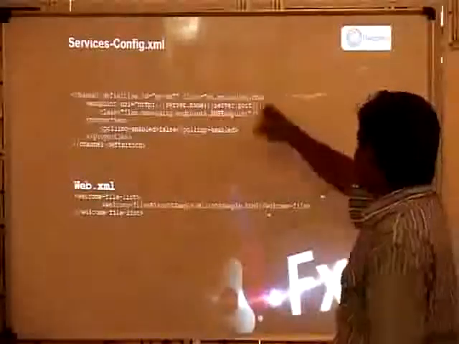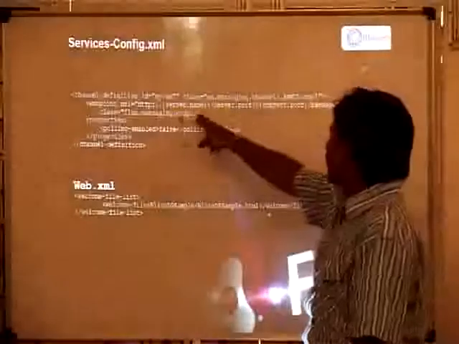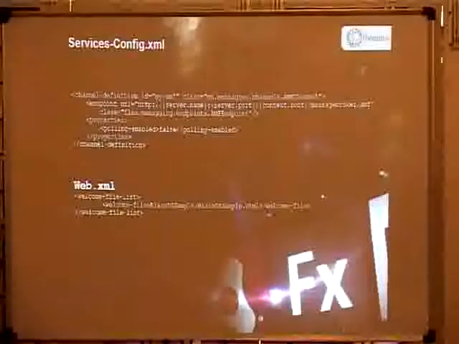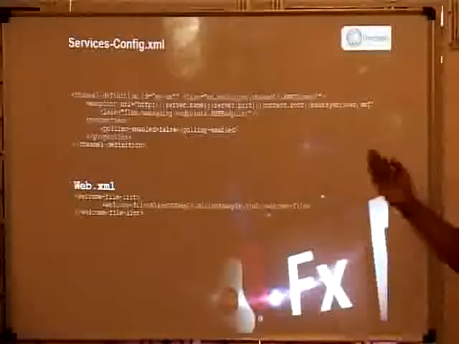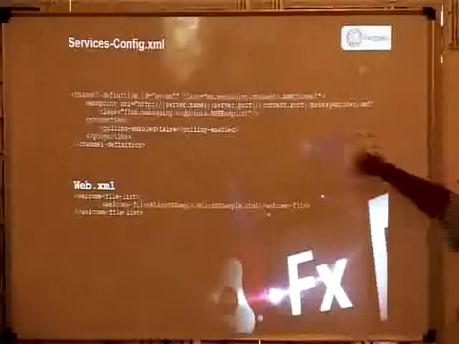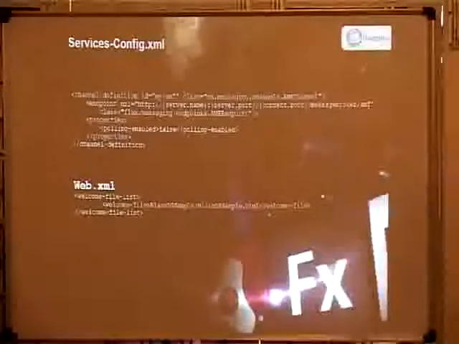This is the channel you are using, the AMF channel for communication purposes. Here you have to give the server name, which is localhost, whichever server you are using, and what is the port and context route. This is the default message broker /am. This is in Java in the BlazeDS server.